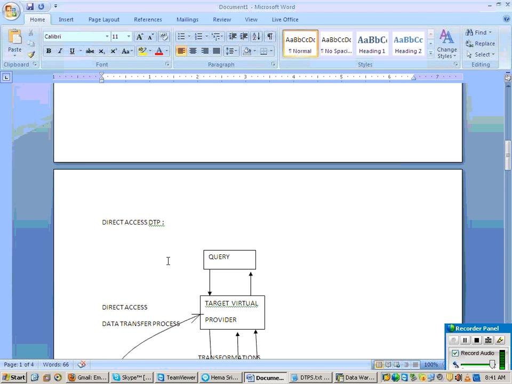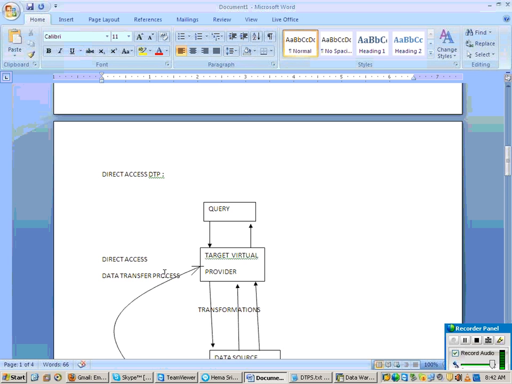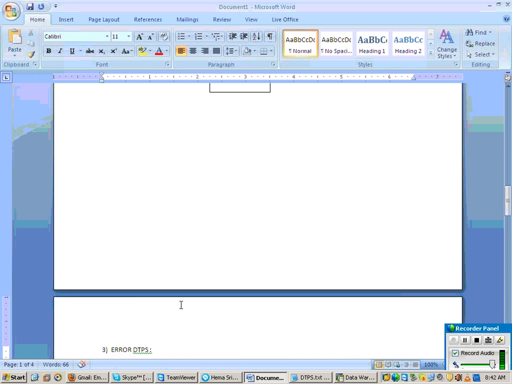One place where I'll go with the RDA concept is, suppose I want a frequent report. Let us say I want a report every 3 minutes or every 5 minutes. That means you have to extract the data every 3 minutes or 5 minutes. So is it possible with the standard DTP? No. So at that time, what will you be doing? You will be going with the concept of